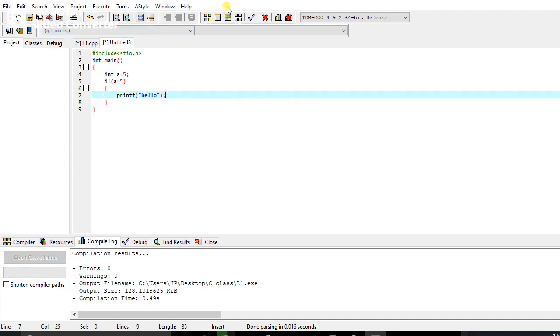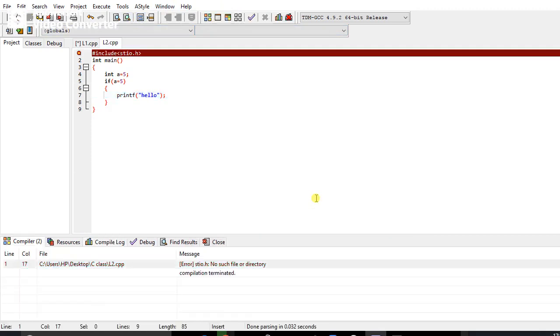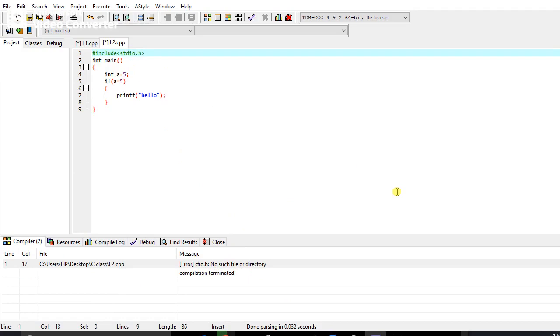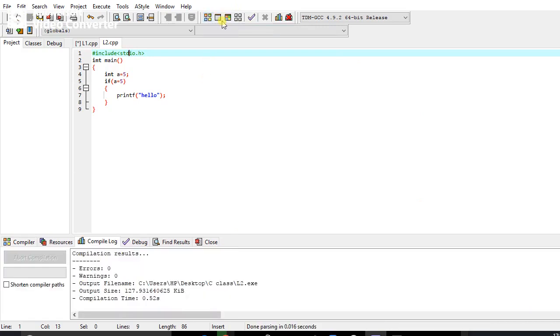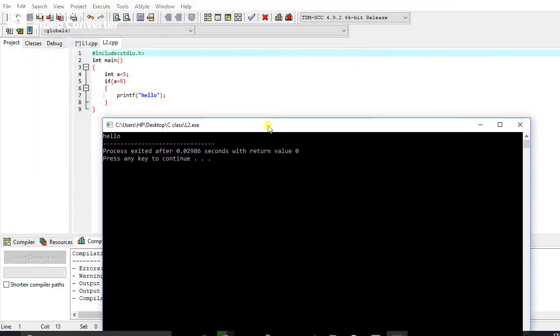So let's compile it and check it. Compile, save. There is an error: stio.h, no such file or directory. Here we just write stdio. So just compile. No error, no warning. Run. Hello. The compiler prints hello because the condition is true, so the control goes inside the if body and